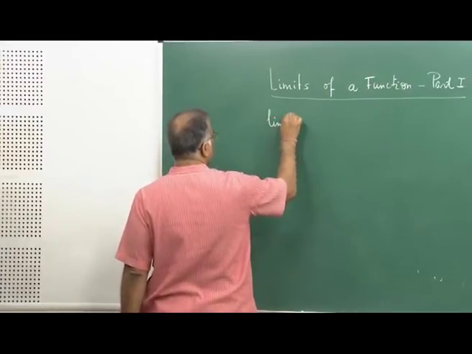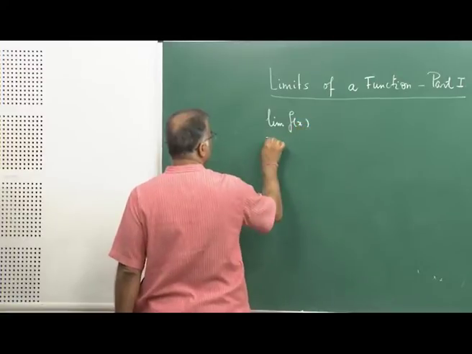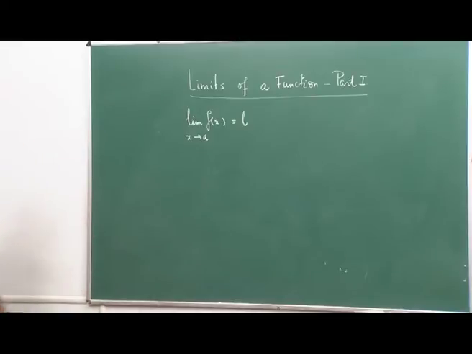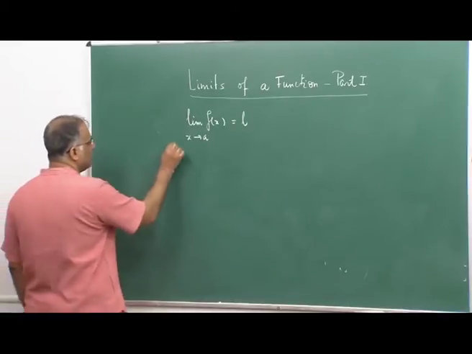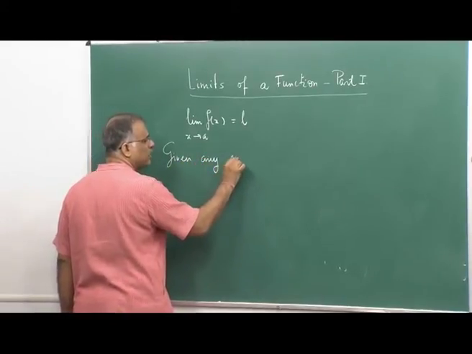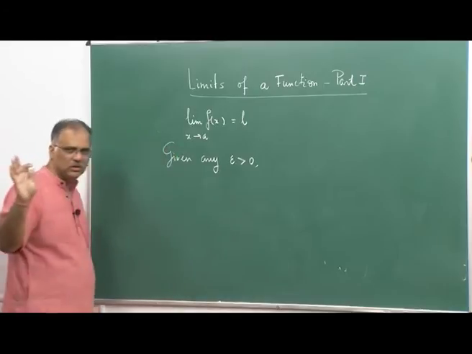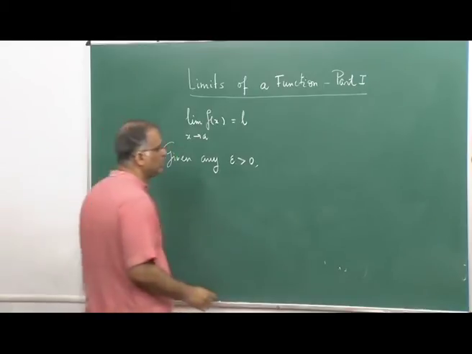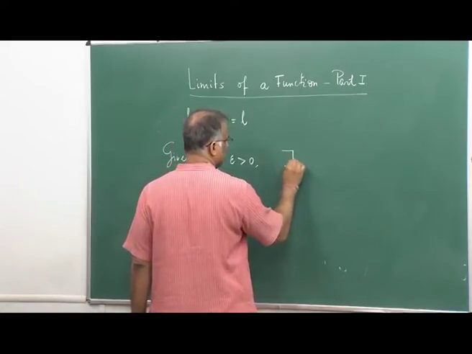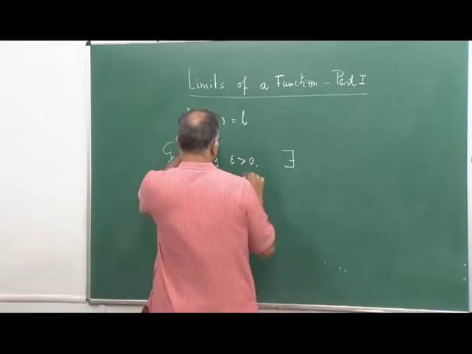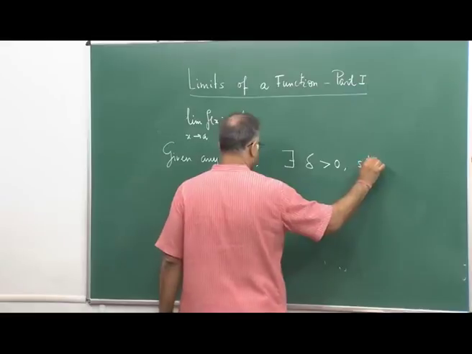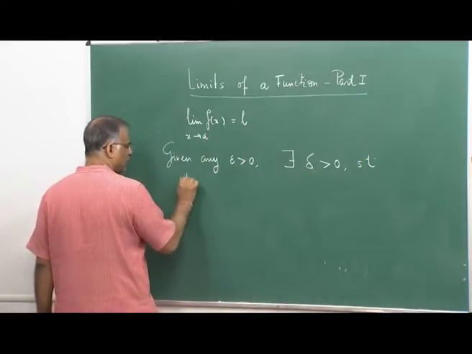When I am writing this statement, a statement which many of you must know very well, it means: given any epsilon greater than 0, no matter how small, there exists delta greater than 0 such that whenever